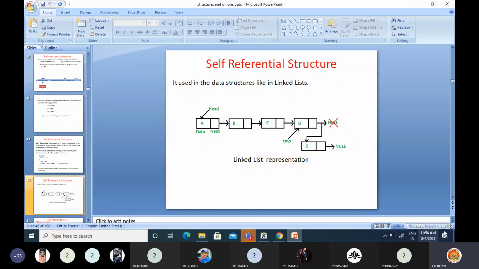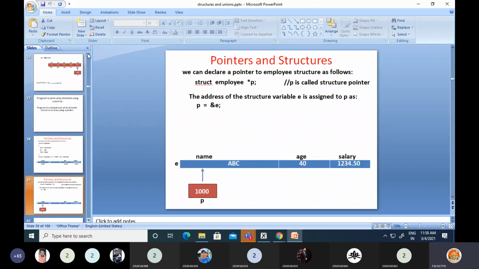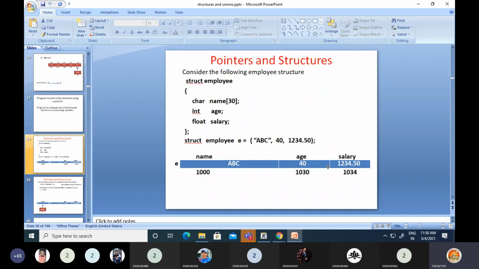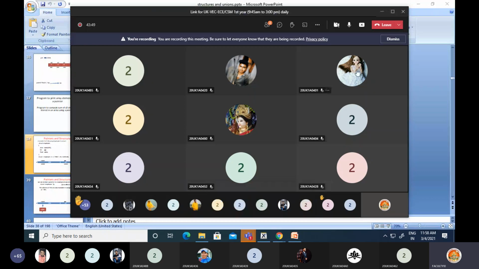Actually, today I wanted to finish this topic, but because of a network error, we could not. Please remember, if you are becoming an organizer, immediately say end meeting. Here you can see there is a red button, leave. If you click end meeting, the meeting will be ended.